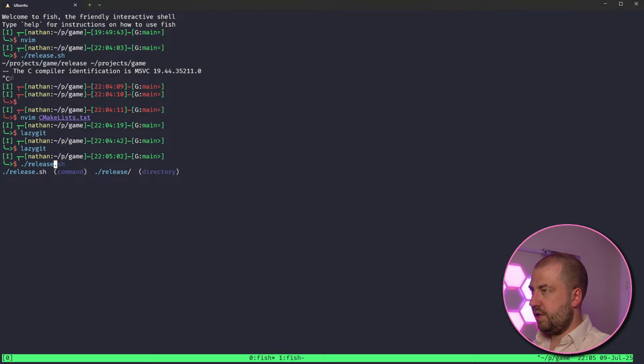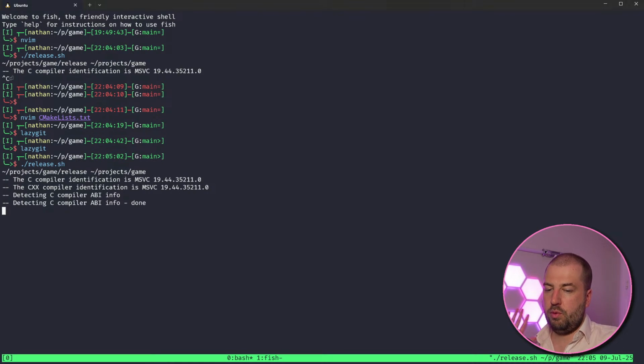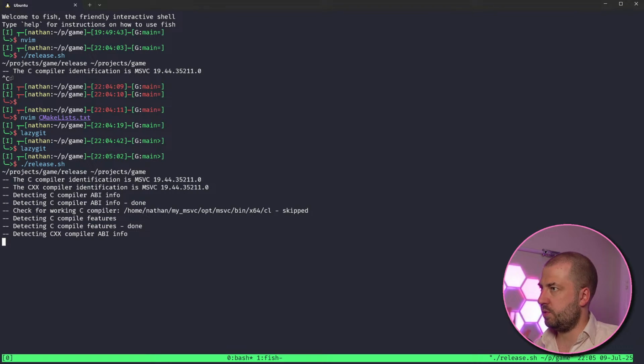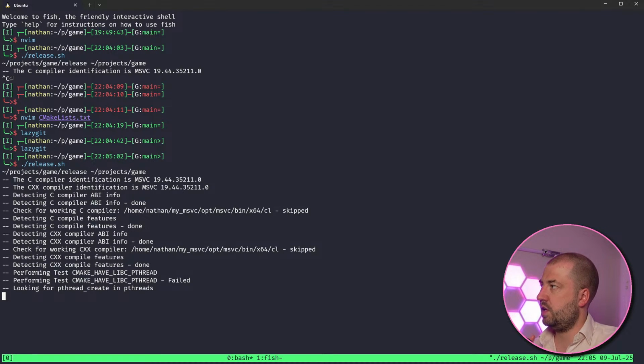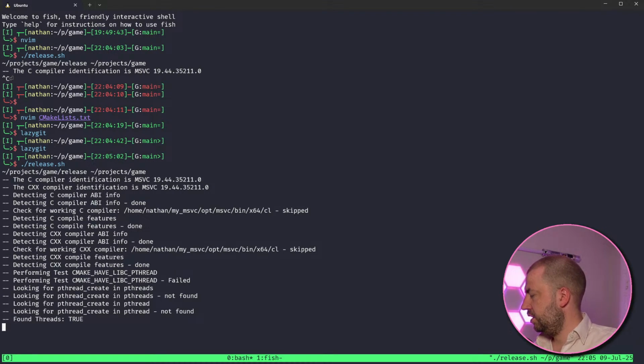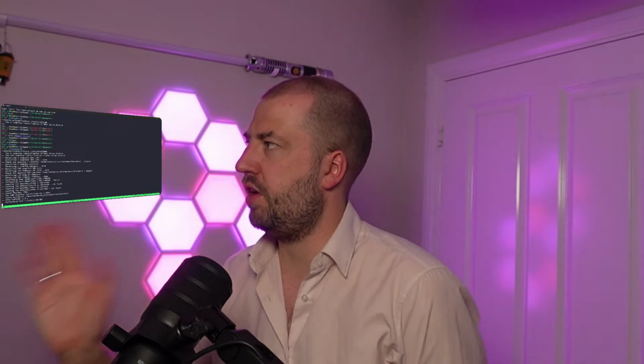But what I now do is I run my release script, which will build a fresh version of the code. It will run the tests and package it up into a zip. I stick that zip on GitHub, which then sends a notification to Discord telling you that you can get it. This takes a little bit of time to build and run, because it does a fresh, clean, hot off the press build.